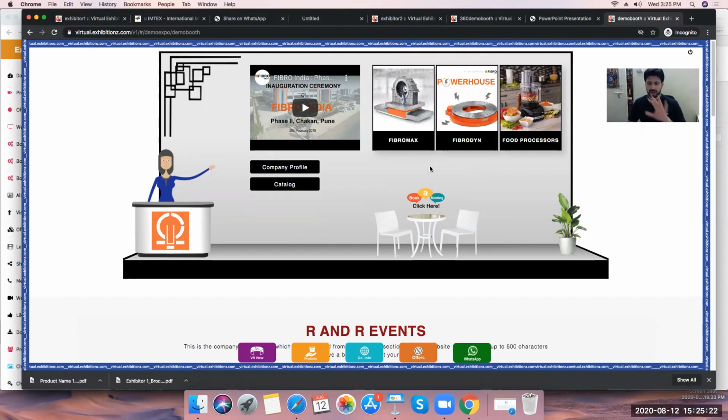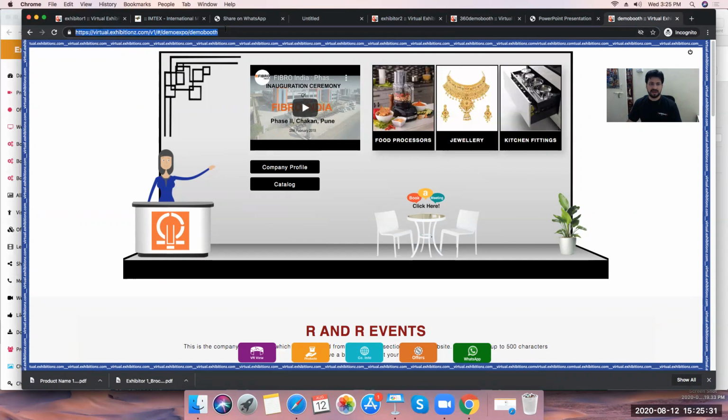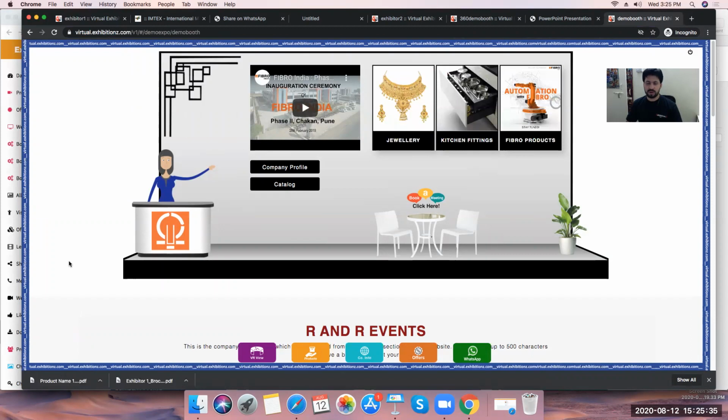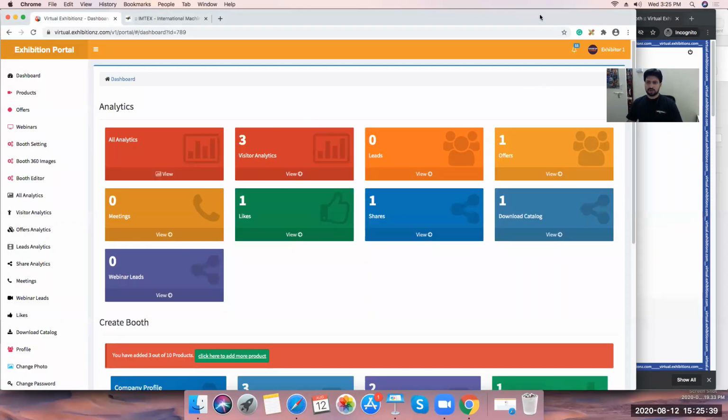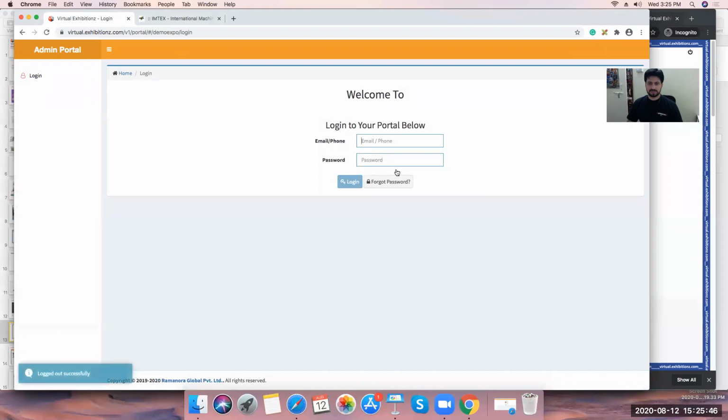Okay. So now what I have shown you is basically the front end. This is where whenever a visitor pops up, he will be receiving this link, and from that link he will get directed and he can see it. Now I will take you to the back end of it. So now this is where the back end is. If I just log out once, I will show you. This will be the login part, where I can go and log in.